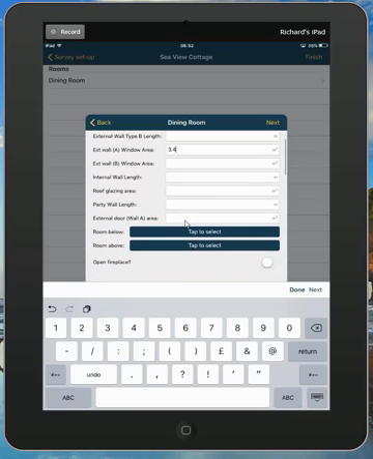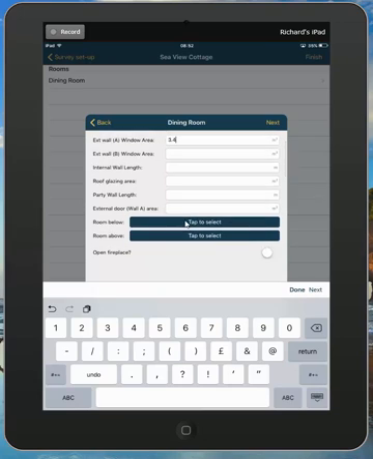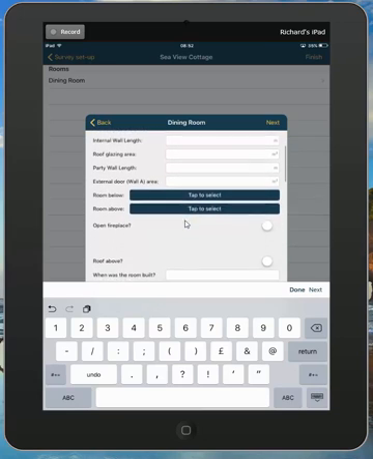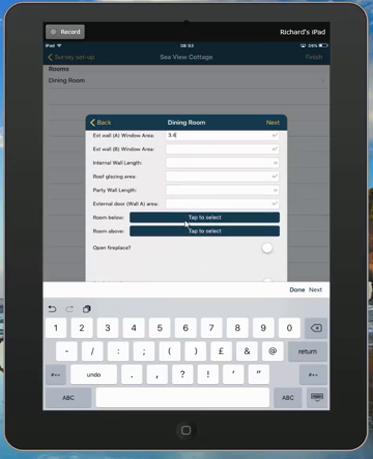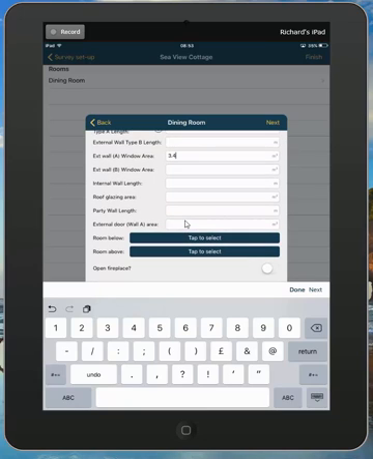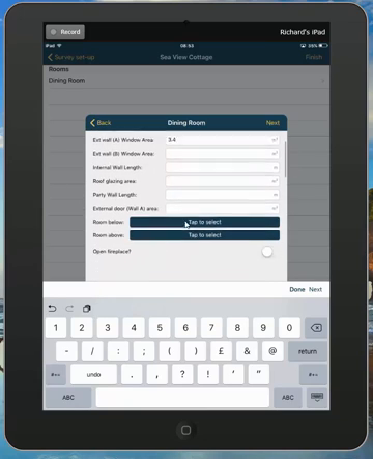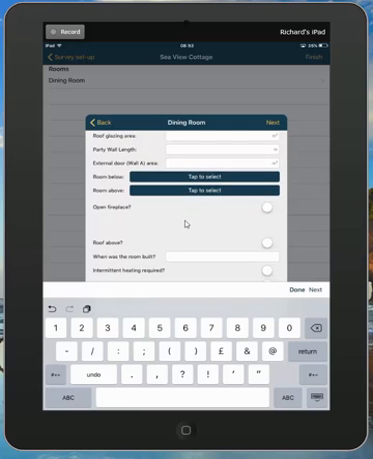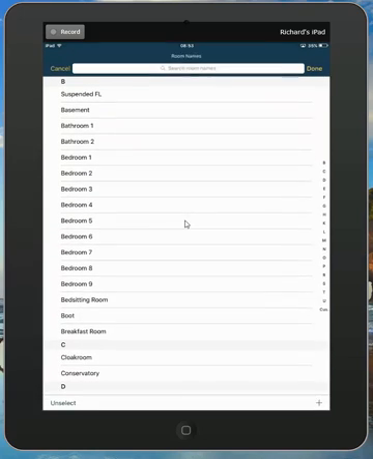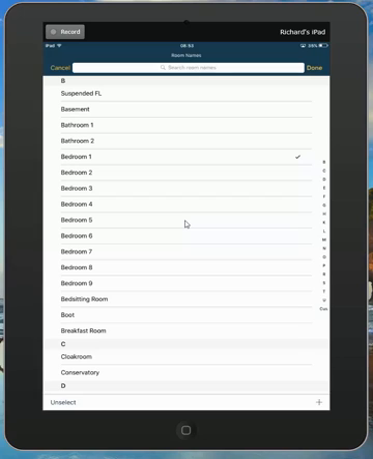Let's go to internal wall. I'm not concerned with internal wall heat loss, because I usually type that in if it was a bathroom or ensuite, to measure the internal losses. And let's go to room above, so we click room above, we can say it's bedroom 1, go to done,